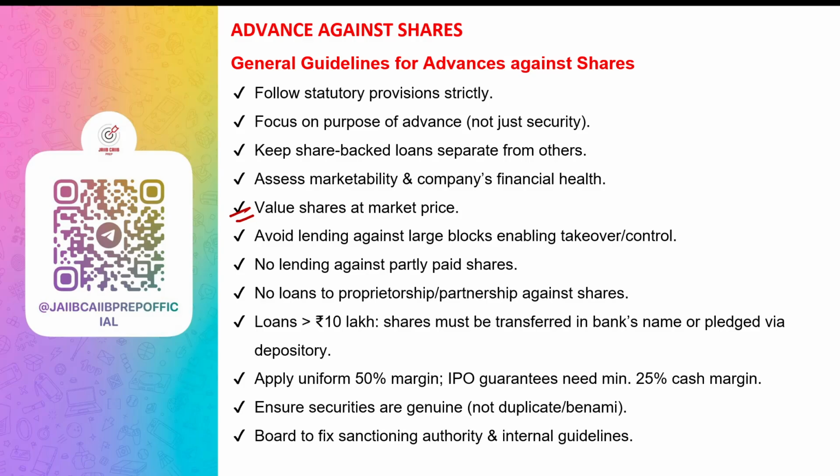The board of directors should fix internal guidelines and authority levels. Indian banks cannot help overseas branches finance Indian nationals to invest in Indian shares. There are margin rules which should be followed. A uniform margin of 50% on loans against shares and IPOs, and within this, at least 25% must be cash margin. In case of guarantees for capital market operations, the 50% margin and 25% cash margin